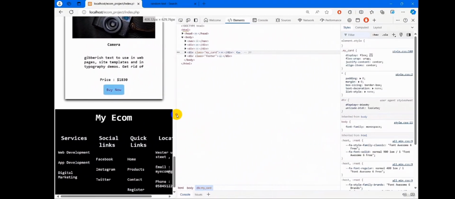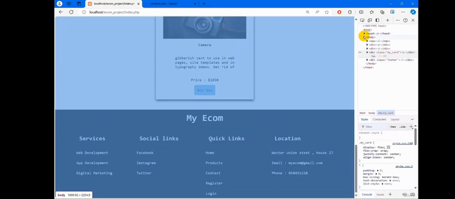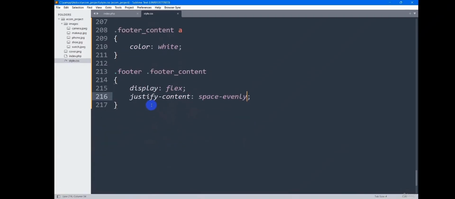After a certain width, the location will get hidden. So we need to fix this. So how can we fix it? The solution is really simple. Again, we're going to use the